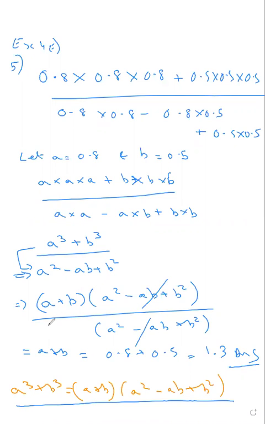Sir, I was doing it with the same method, but I just did not assume A and B. That's okay, but ultimately you would have figured out that you would have got 0.8 the whole thing squared minus 0.8 into 0.5, right? Yeah, but then I already made a mistake, so it gets complicated. It becomes difficult to visualize. So these kind of problems, do it in this way. Let it be x, y, a, b, whatever you want, and use the identity.